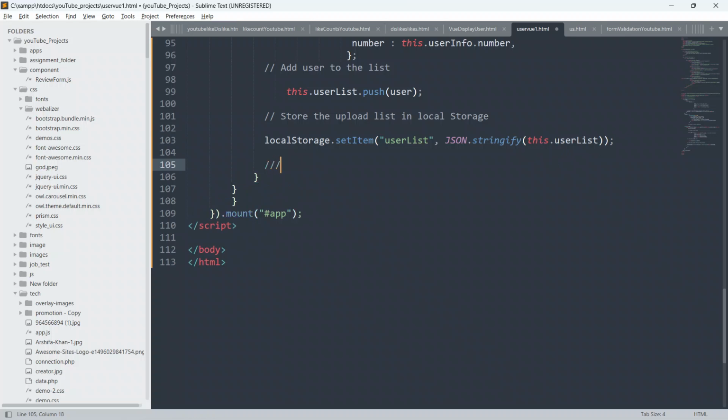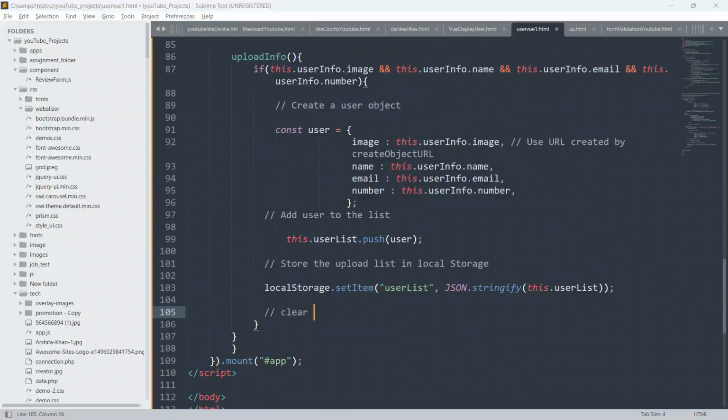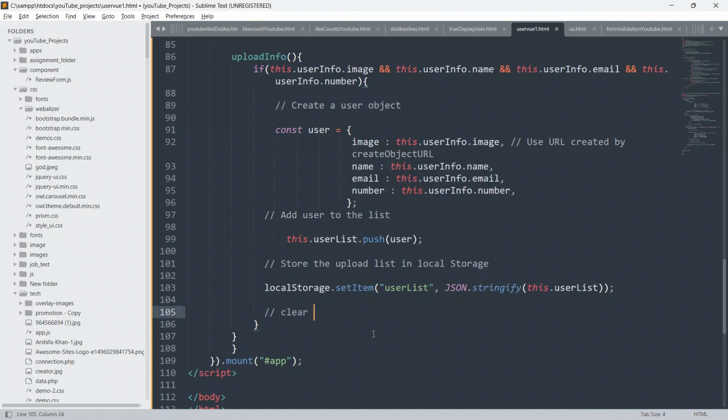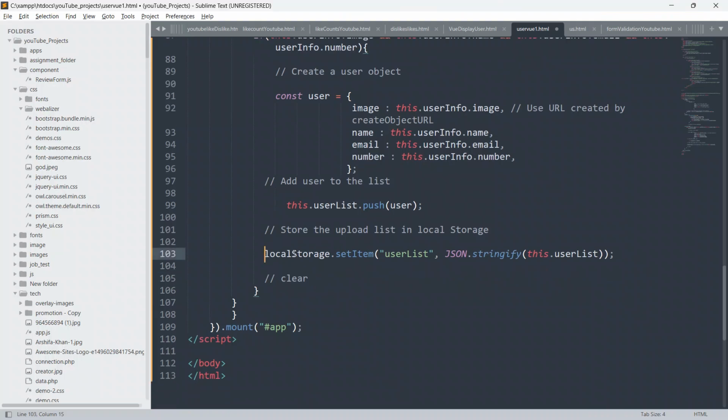I am going to write the comment also. After the user has already submitted the form, we have already stored all the information into the local storage.